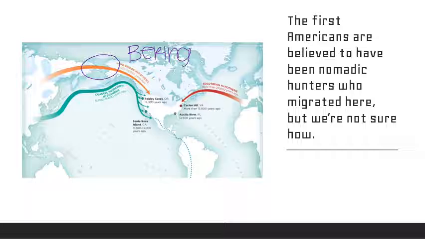Now, there are other hypotheses as well. I think most likely a little bit of all of these are probably true. Like I said, we have the most evidence for the Bering Land Bridge, for that land bridge hypothesis, but the coastal migration hypothesis, the Solutrean hypothesis, and others are all very possible as well, because land used to be a lot closer together. So all of these land masses would have been closer together.